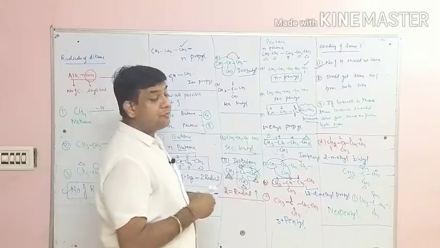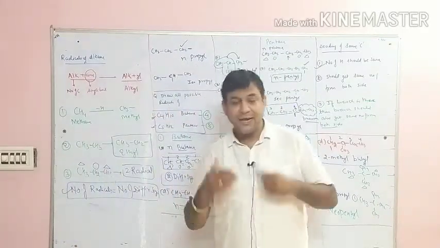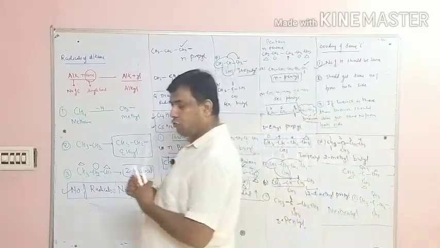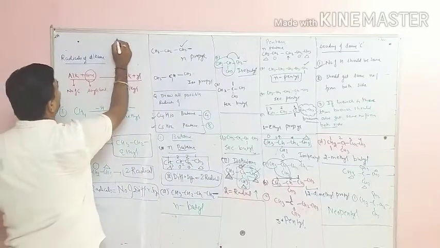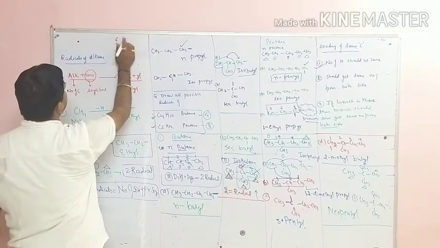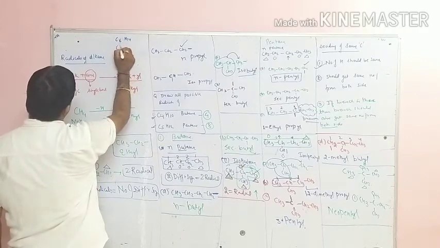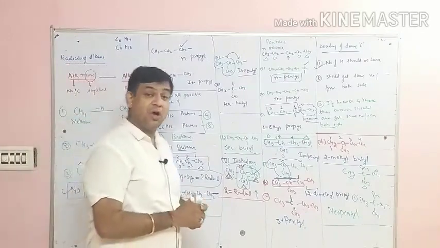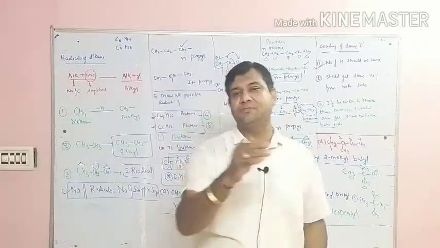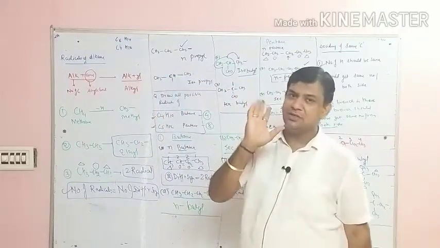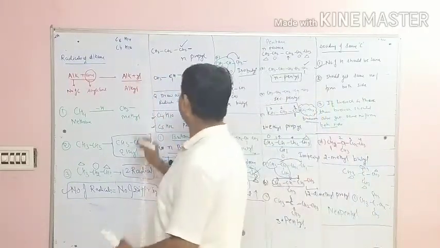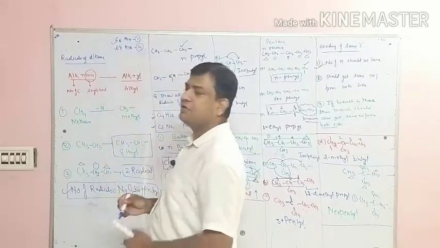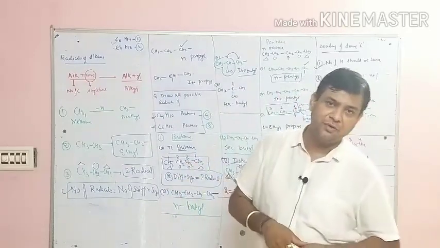In the next classes, we will move to the radicals of alkenes and the radicals of alkynes. If you are watching this video, then I am giving homework. Try yourself: draw all possible radicals of C6H14 and C7H16. In the next video, I will give the trick to find the total number of radicals in alkanes. For example, in this case we are going to form 11 radicals, and here I will go for 14 radicals. Do try yourself. If you have a problem, you can ask me. Okay. Thank you.